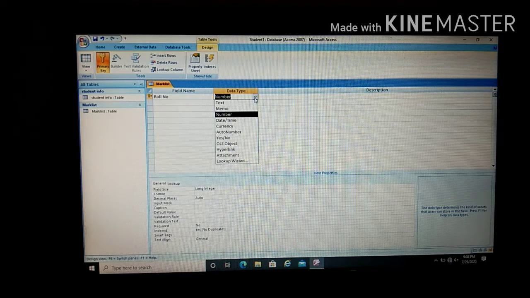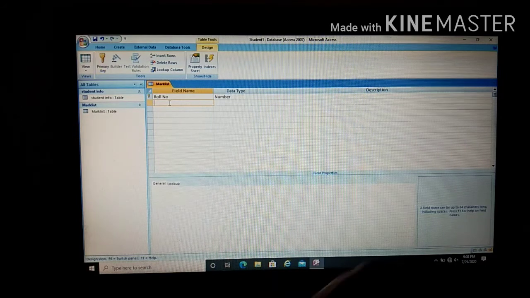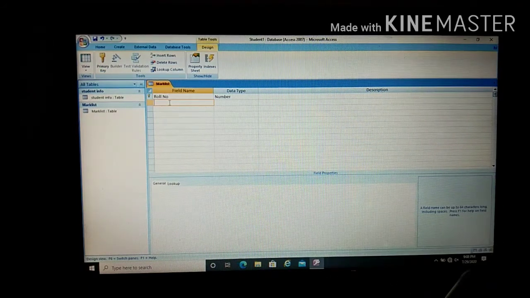As I already told you, I am going to create the table for the mark list. First is the number data type, and next the subjects. Here I will take English first.